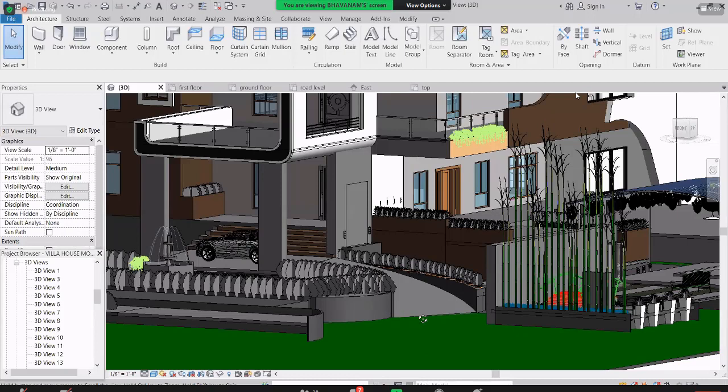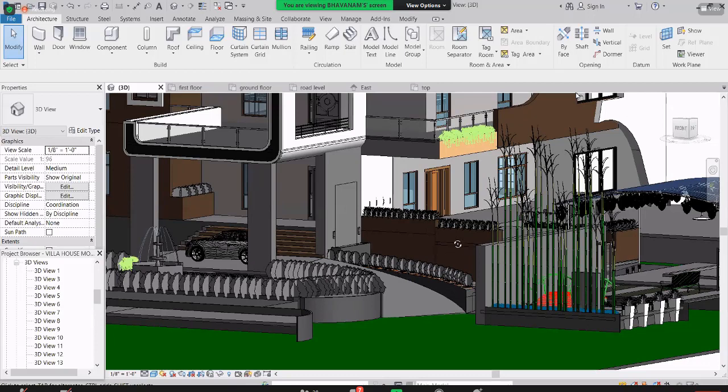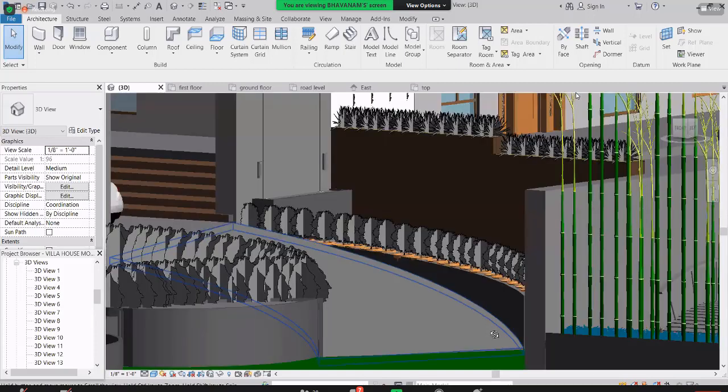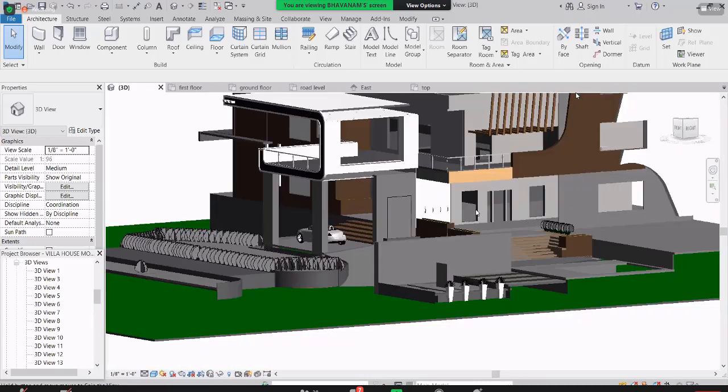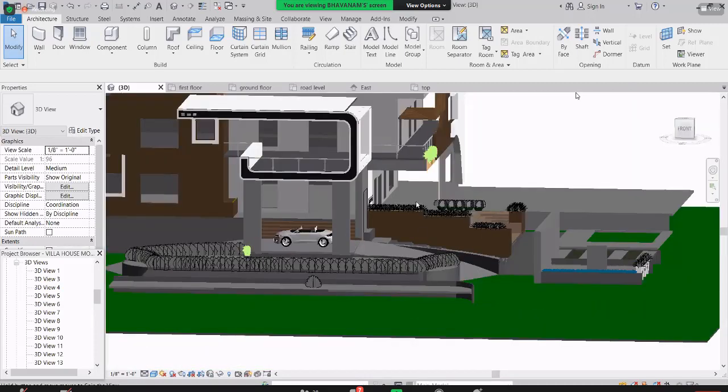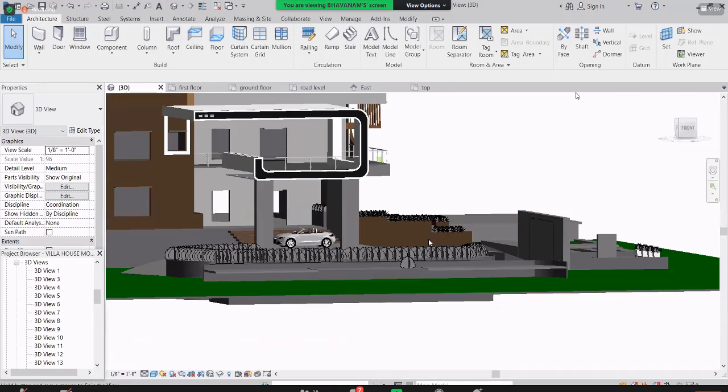If you go here we have a ramp, and here is a car parking, and here we have a swimming pool also. Let me show you that swimming pool. Yeah, here exactly. See how beautiful it is. And here is some type of garden structure.